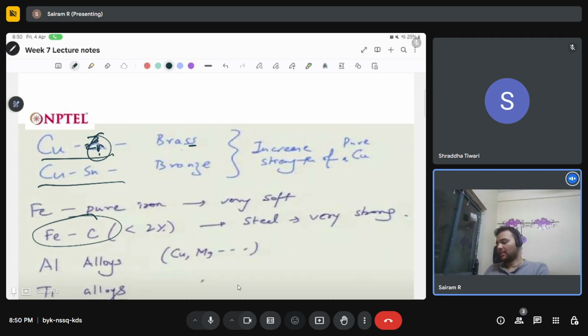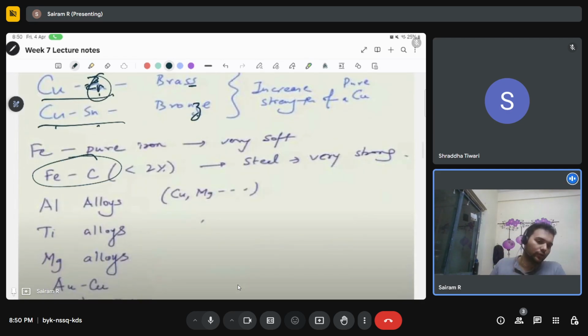Similarly, copper tin, Sn, the name has the character Z in it. So copper tin forms bronze. This is a mnemonic device that I have devised for myself to remember what is brass and what is bronze. Okay,